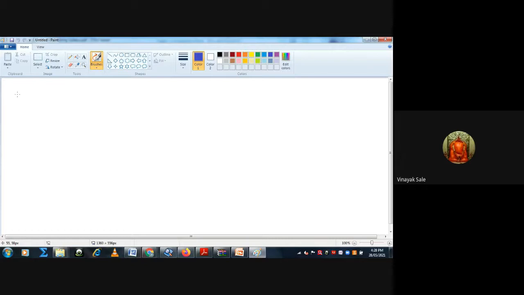The first operation is create, the second is insert, the third is delete, and the fourth is display.